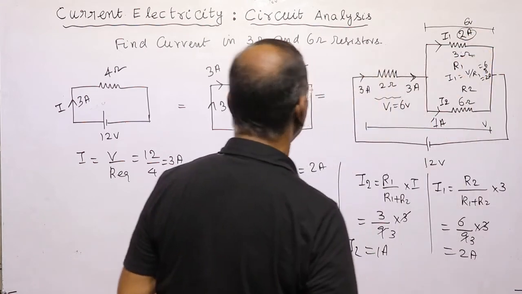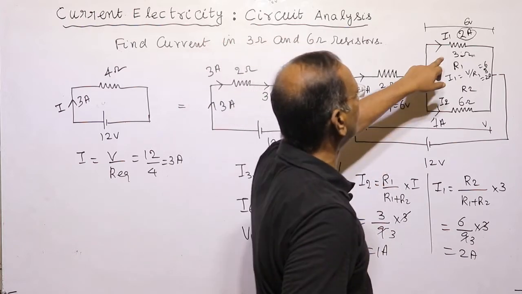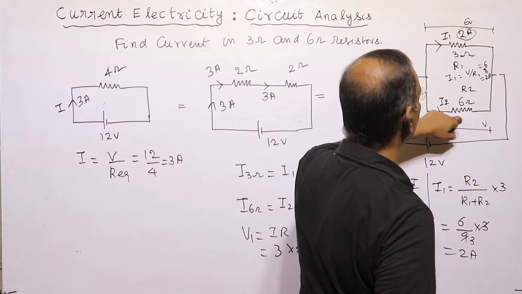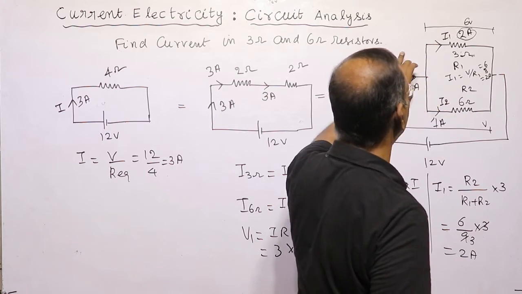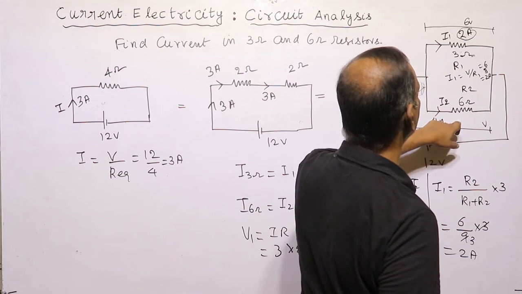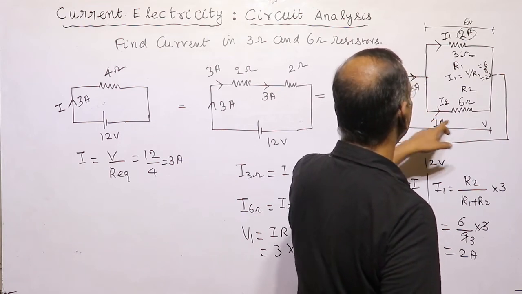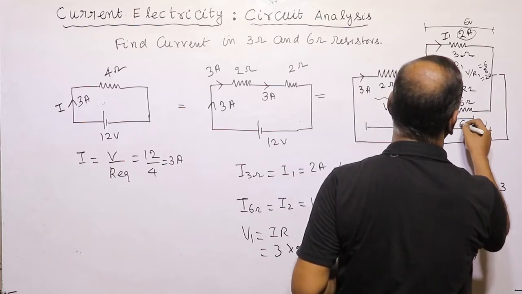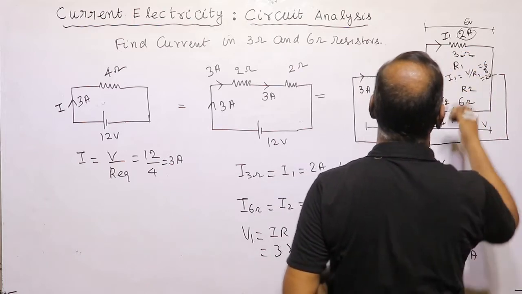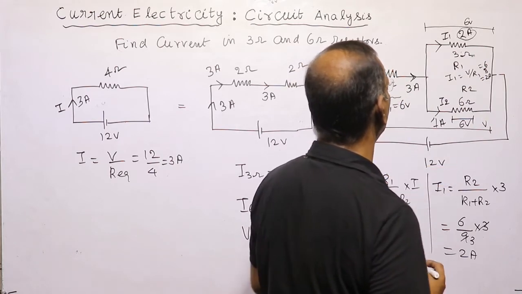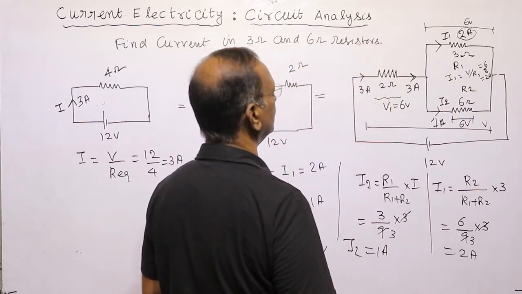So we can easily calculate the current through this is 2 ampere and the voltage across is 6 volt. Current through this is equal to 1 ampere because 2 has gone. It means 3 minus 2, 1, and voltage across this is equal to 12 minus 6 volt. Voltage across is 6 volt. Here also 6 volt, and voltage across this one is equal to 6 volt, 6 plus 6, 12 volt. It means it is equivalent circuit.